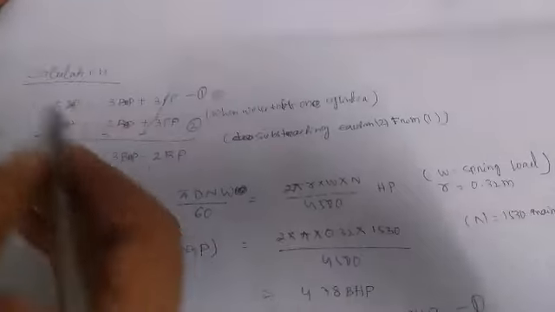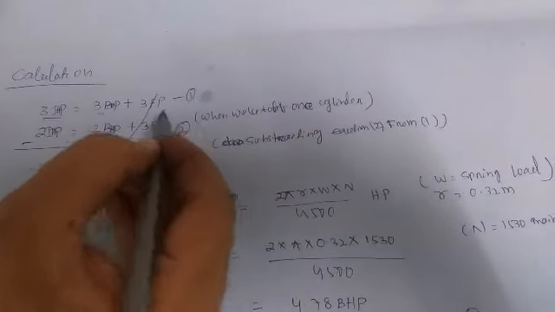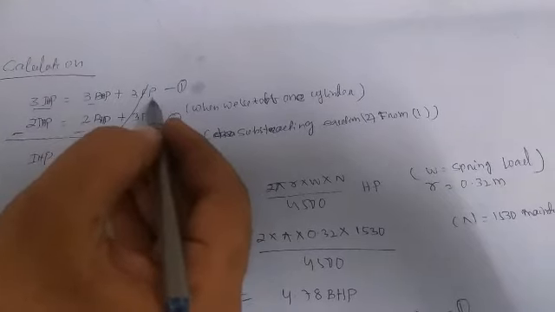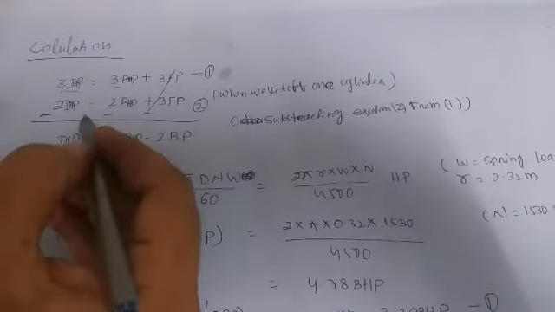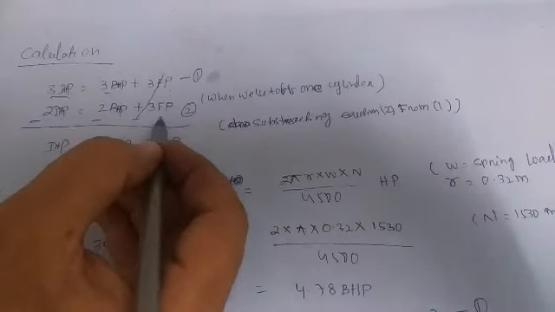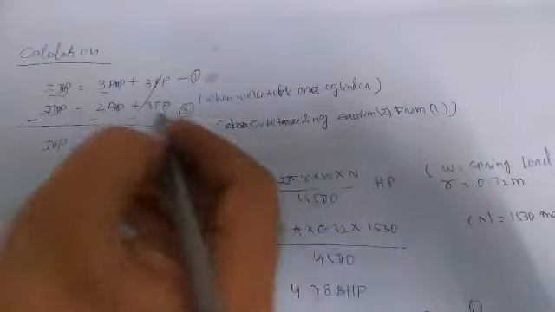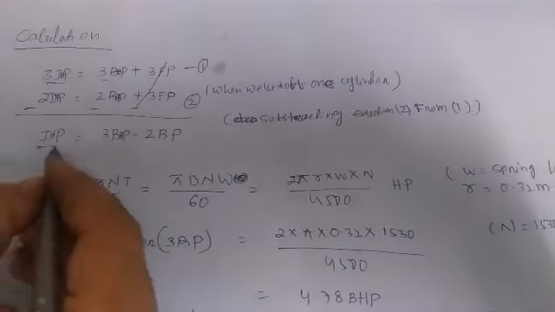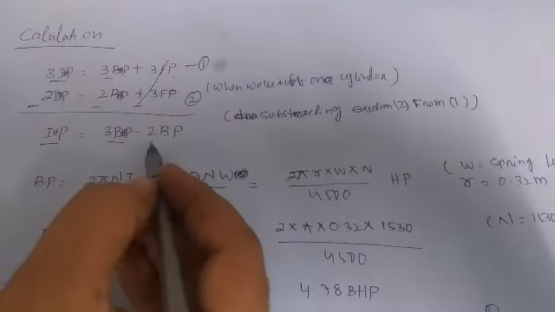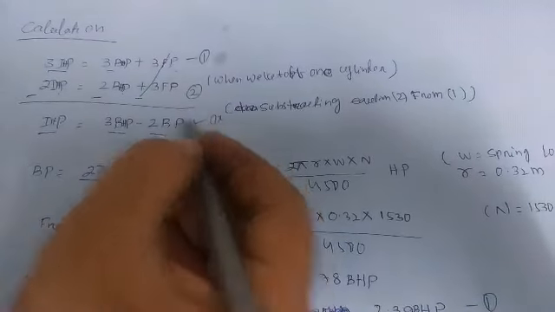Now look here at the calculation part. For calculation, 3 IHP is equal to 3 BHP plus 3 FP. Considering 3-cylinder brake horsepower plus 3-cylinder frictional power gives 3 indicated power. With the first cylinder cut off, there is 2 IHP, 2 BHP and 3 FP. Subtracting the two equations from one another, you can find the single-cylinder IHP, equal to 3 brake horsepower minus 2 brake horsepower. So this is the formula for finding IHP in the Morse test.